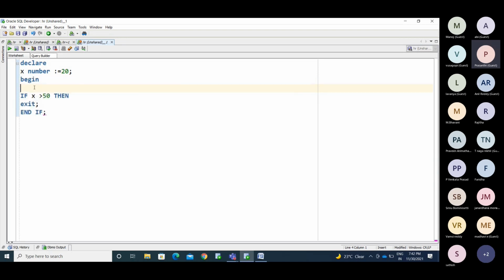Begin. If x value greater than 50, then display DBMS_OUTPUT.PUT_LINE.